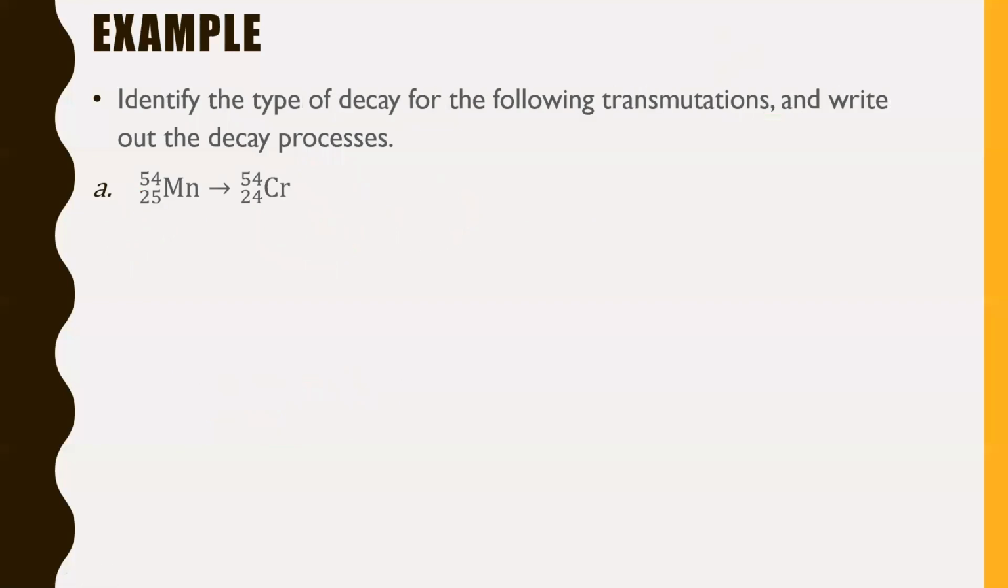All right, we've only got a few more questions we're going to do here. Identify the type of decay for the following transmutations and write out decay processes. So this is where you've got to analyze what's going on with your numbers down here. Notice our number of nucleons is not changing, so our atomic mass number is not changing, but we lost a proton. That tells us there's got to be some other particle involved. The only one that has a 1 out here is beta positive decay. So we know, first of all, it lost a proton, yet the nucleon number stayed the same. So that means we have beta positive